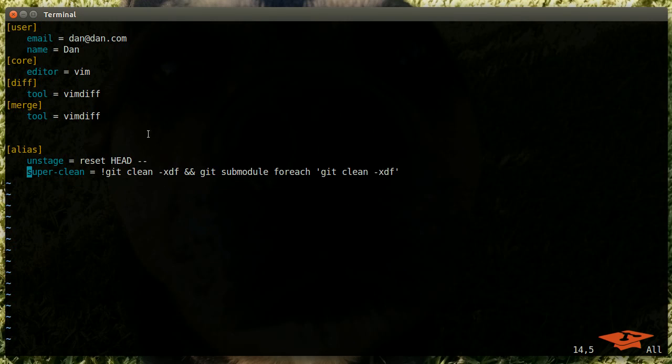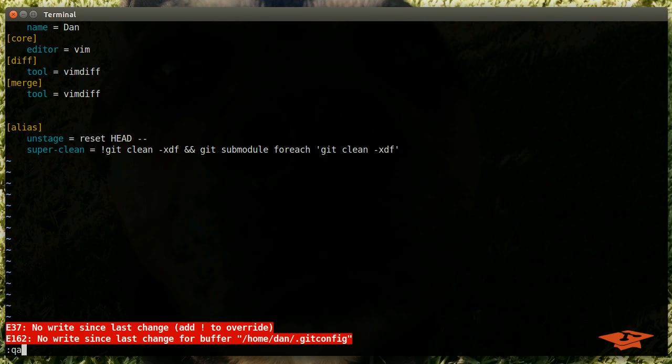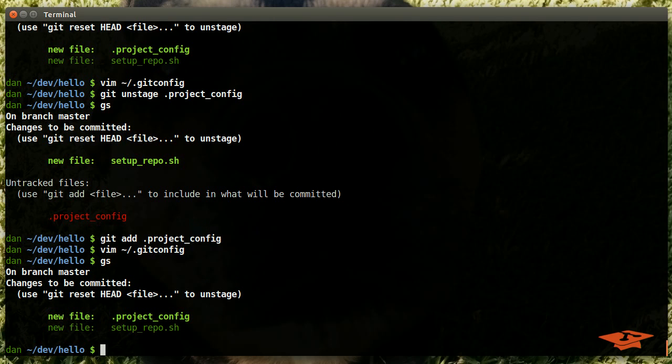But in the case of super clean, we're not doing a simple find and replace of text characters, if you will. Instead, we want to execute what's called an external command in their terminology. But all this means is when you use an exclamation point, it's basically going to give you a shell that executes whatever you type after it. So if we wanted to run git super clean as an example in this repository, git status again. Now remember, it's going to delete untracked files. These are new files, but they're tracked because they're in the index. So git super clean